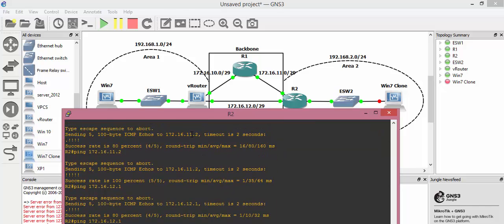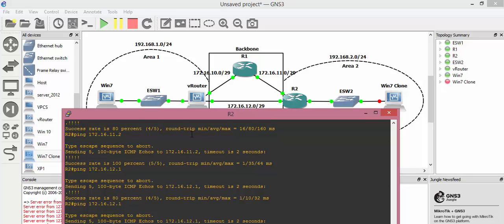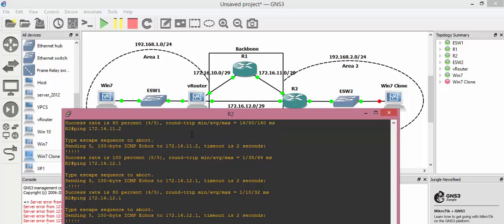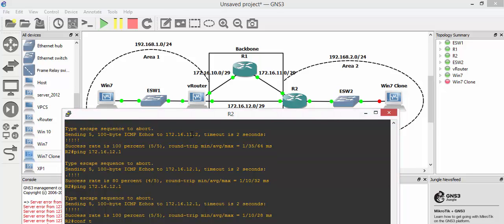And yeah, that's successful. So we know that those are configured correctly. So now we need to set up multi-area OSPF. conf t, and we'll do router OSPF 1, and we need to do the router ID, which we said was going to be all 2s,